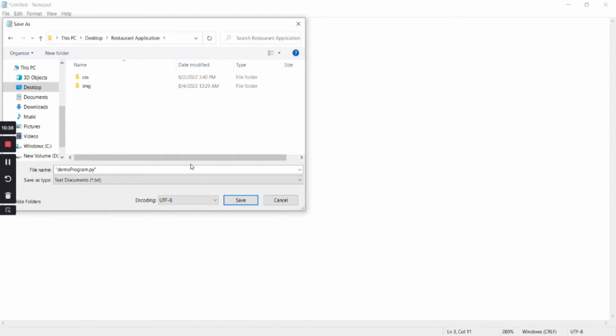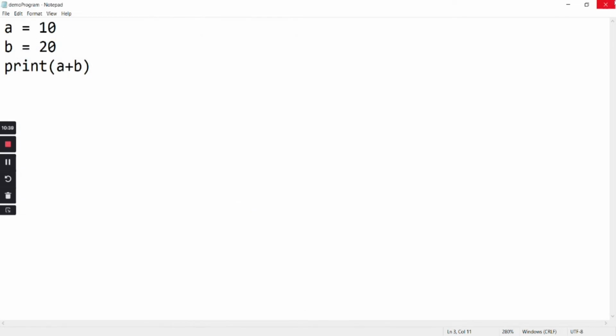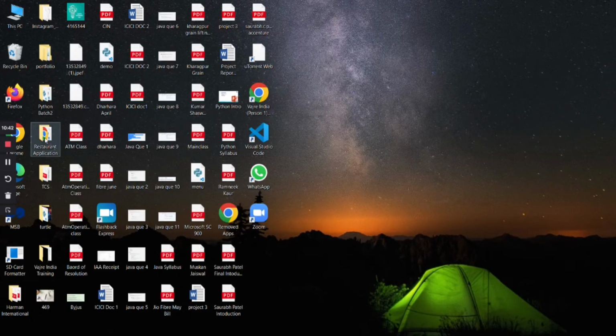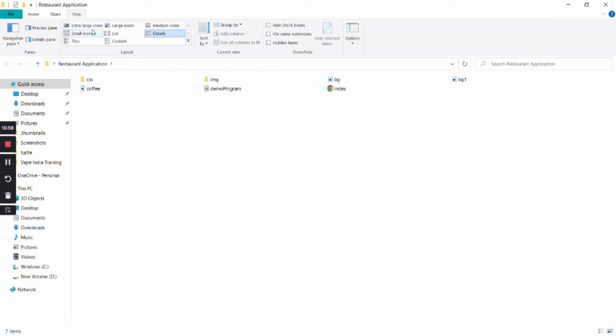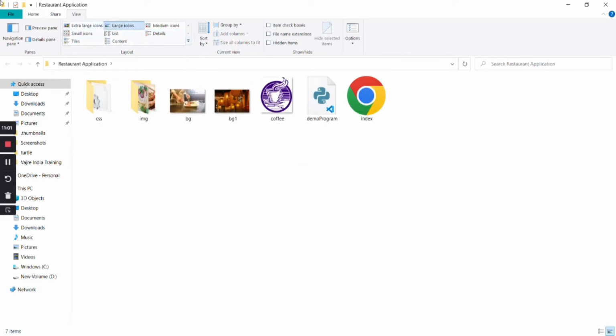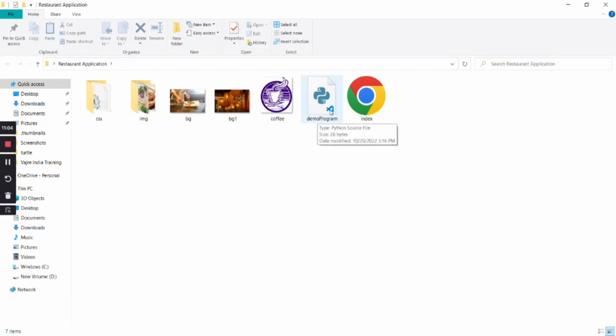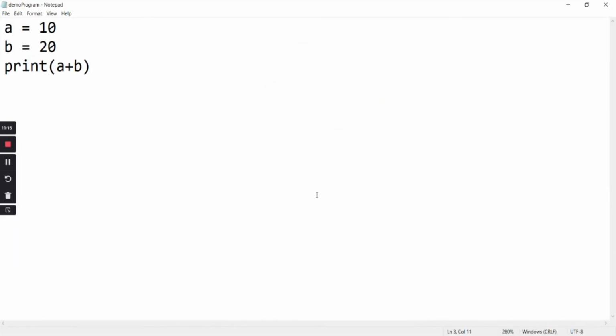or some random name, and then we will click on this save। तो जैसे ही हम लोग सेव करेंगे, and now when you will go inside this restaurant application, so you will see here is one file with the name of demo program। See, we have one file with the name of डेमो प्रोग्राम। यहाँ पे तुम देखोगे, ओके, सो जस्ट लेट मी डू वन थिंग, ओके, so I will just make it into a large icon। Okay, now if you will see this demo program, you can see we have a Python icon over it। So this means that this file which we have saved, it is a Python file।